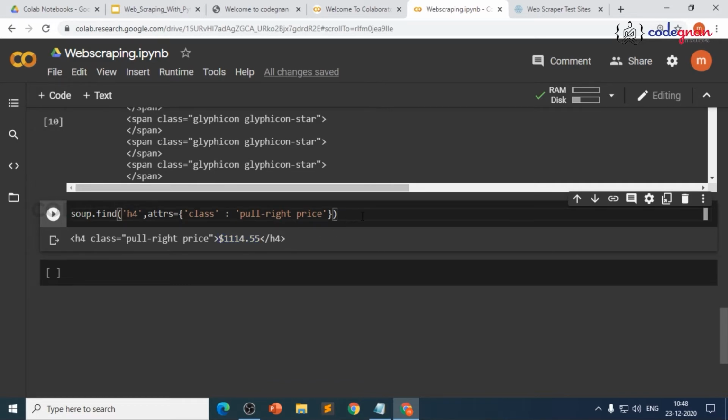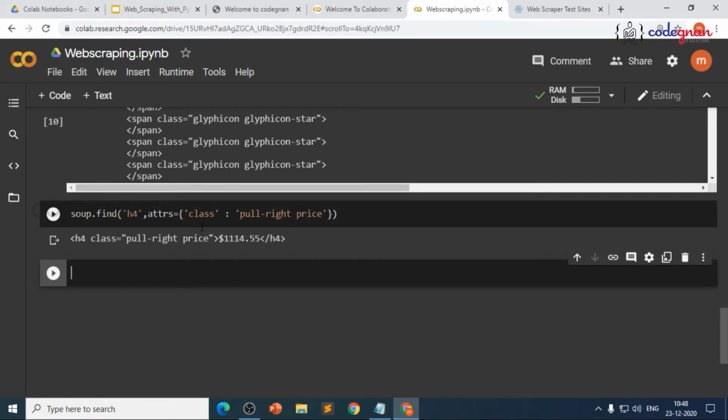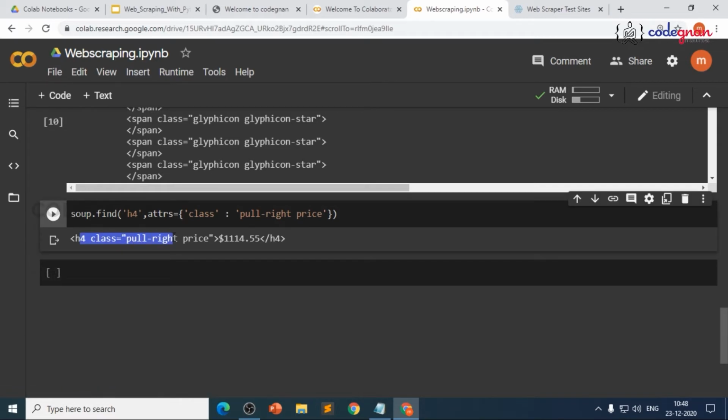$1114.55, right? So if I run this, we are getting this h4 class full right price $1114.55, right? This is you using your find. We are finding this h4 tag with the attribute class full right price. Now here we don't want this tag, that is h4 class full right price. We just want this price